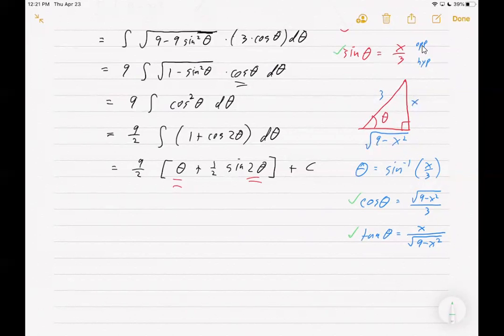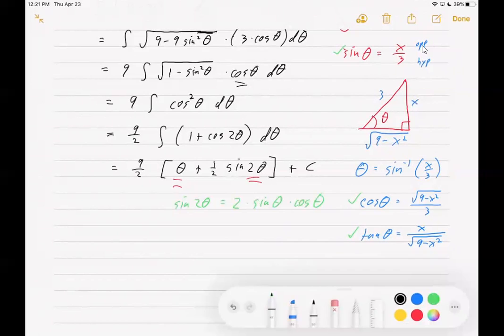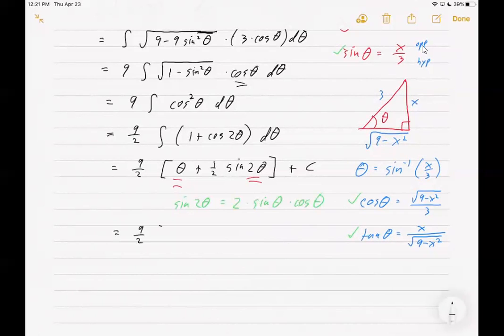We also could figure out what the sine of 2 theta is. You should recall that the sine of 2 theta is a trig identity, the double angle identity. You may not remember what it is, but remember in the back of the textbook, all the trig identities are lined up. It ends up being 2 times the sine of theta times the cosine of theta. That means we can rewrite our answer as 9/2 times theta plus the half and the 2 cancels, so then we just have sine theta cosine theta